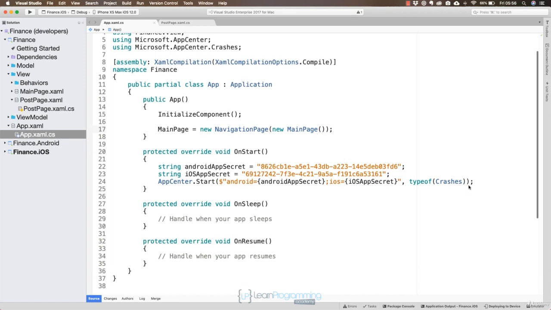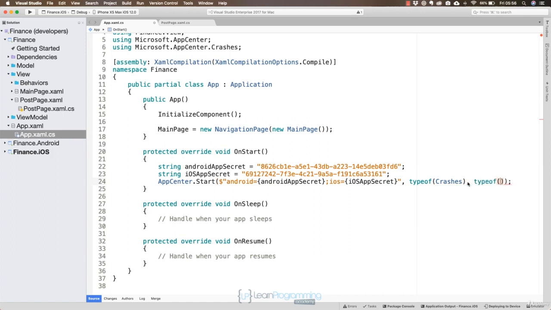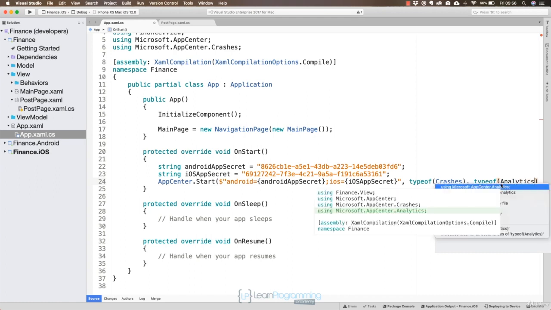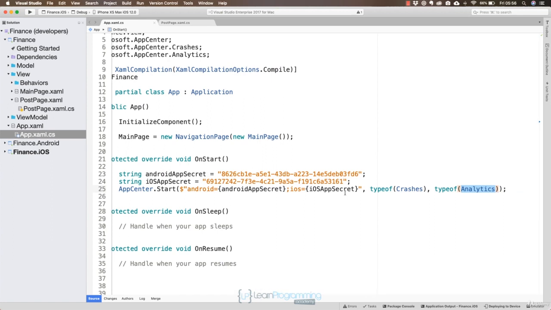To be able to track these events, not only am I going to need to add the crashes service, I'm also going to need another service. So let me go ahead and write typeof right after the crashes, and I'm going to write Analytics. To use analytics, I will need another using directive, this one to Microsoft.AppCenter.Analytics. And just like this, actually, I don't have to do anything else for analytics to start being sent over